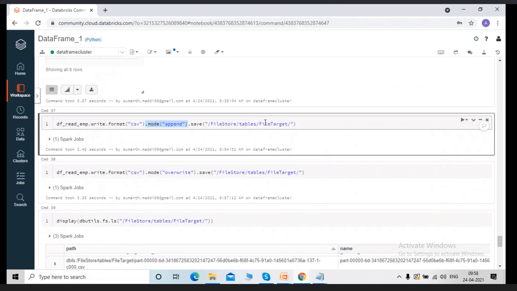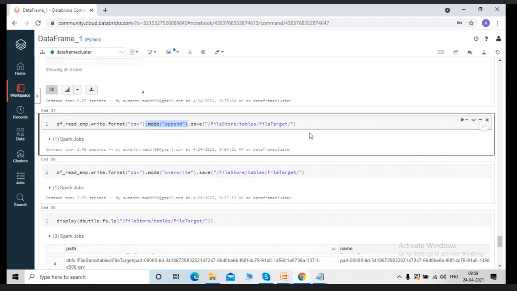If you don't want to include the dot mode option, your target path should always be created with a new folder. For example, the file target inside year, month, day information. If you're 100% sure the same path will not be created two times, then no need to use the dot mode. But if you execute the same target path multiple times, you have to use either append or overwrite.